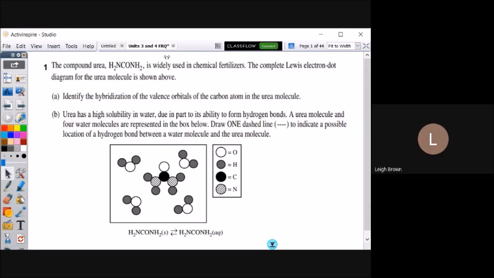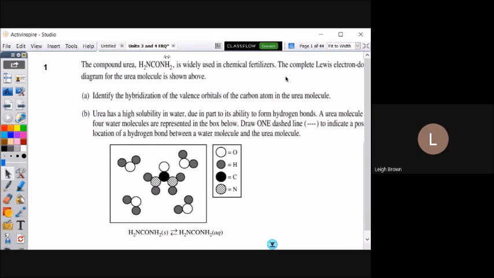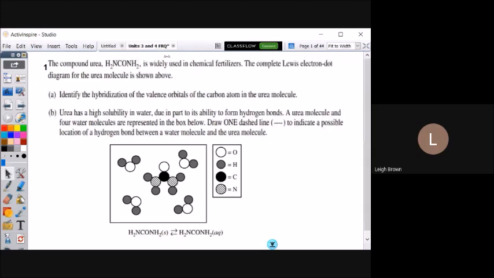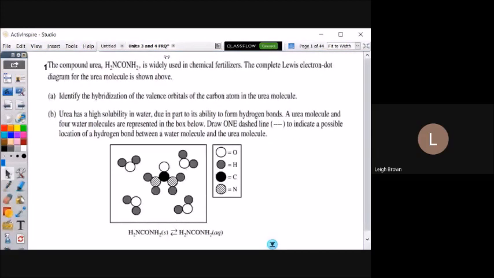All right, number 1A, identify the hybridization of the valence orbitals in the carbon compound. What I did not give you here, and this was given above, is it told you this complete structure was actually given above, and so you were asked to do the hybridization. If you go back and look at the worksheet, you will see that it is given there, and it's sp2. Okay, so I'll go ahead and give you that answer. sp2.